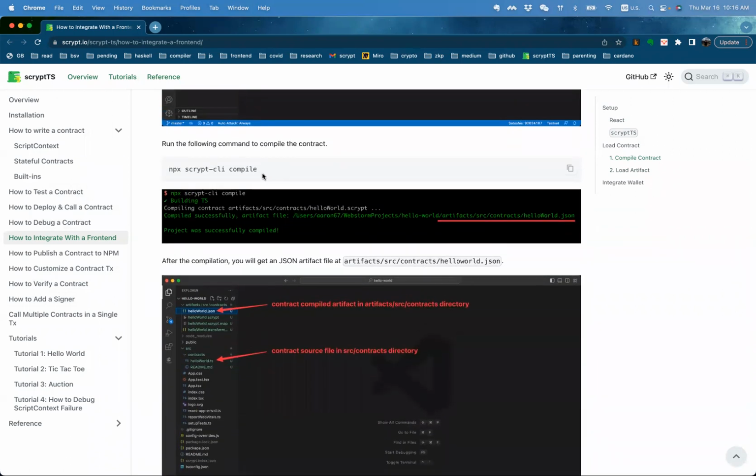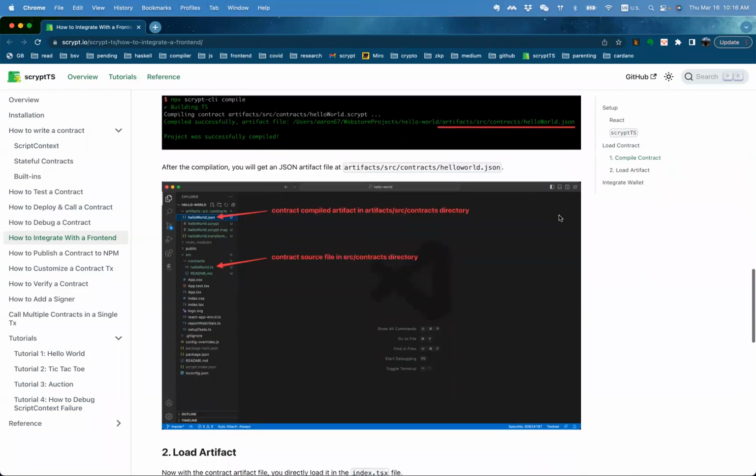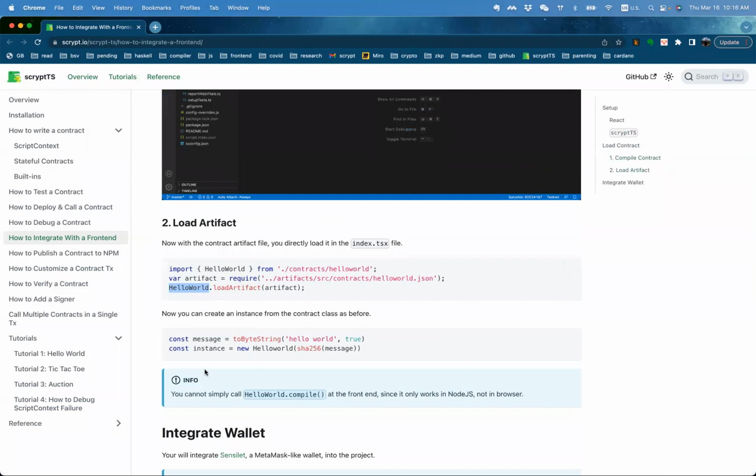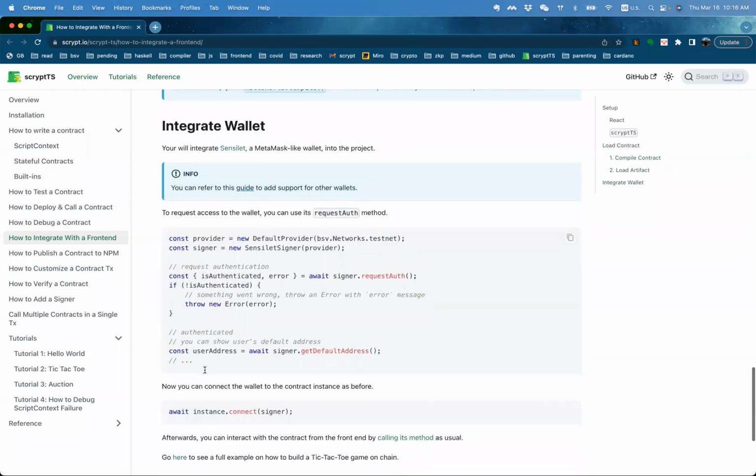Okay, so in summary, basically, you compile, you get a JSON file, and then in the front end, you load the artifact JSON file, and then from then on, it behaves exactly like the smart contract class we have seen before. So that's the first big step. You have to load the contract artifact at the browser, and then the next question is,